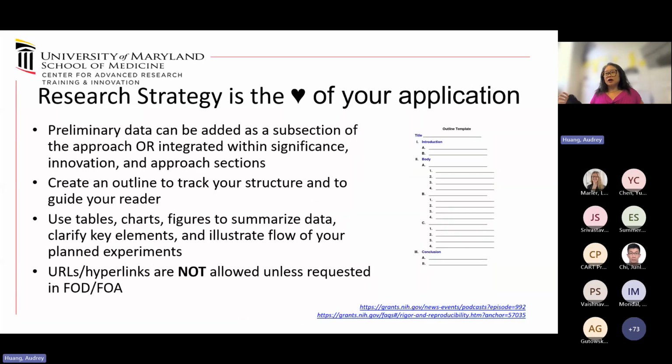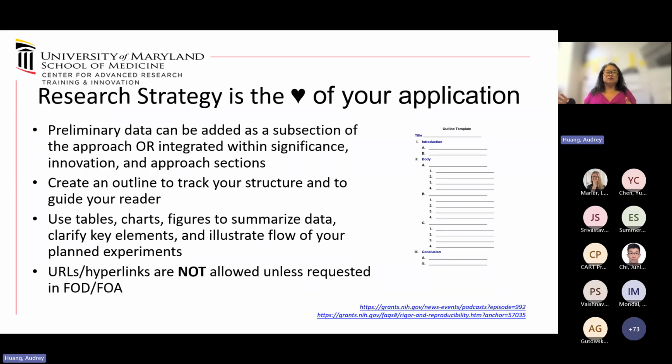So this research strategy is the heart of your application. It will be dense. You will not have enough room to say everything you want. You will want to talk more about the details of your project, but you will need to keep that measured and spend a lot of time referring back to assessing the rigor and comparing what you're doing to what's been done before to assert that your approach will result in rigorous and robust conclusions.